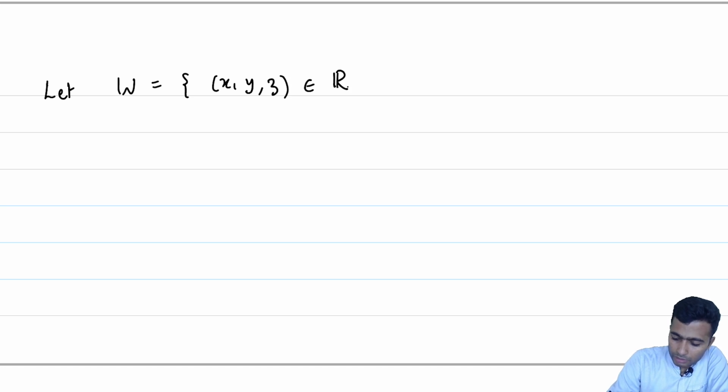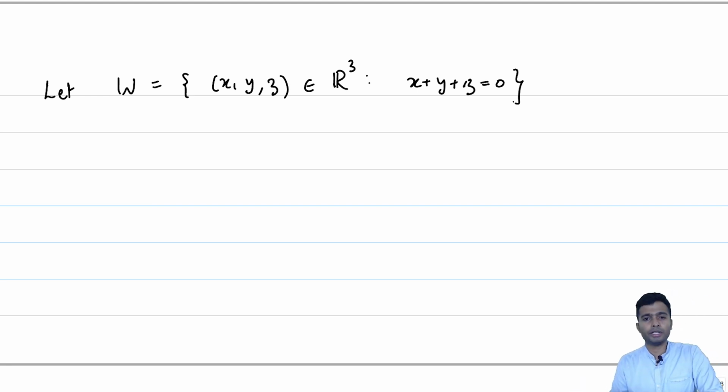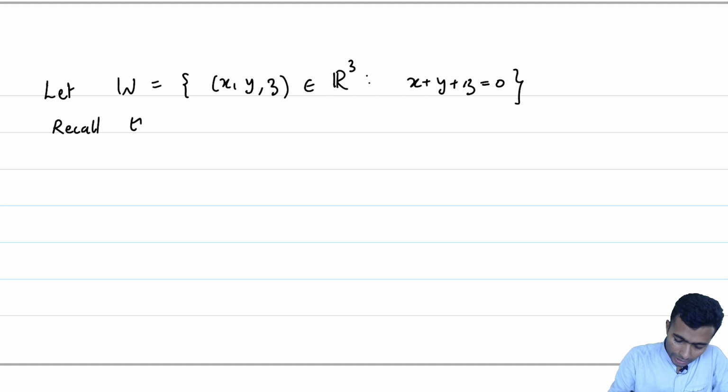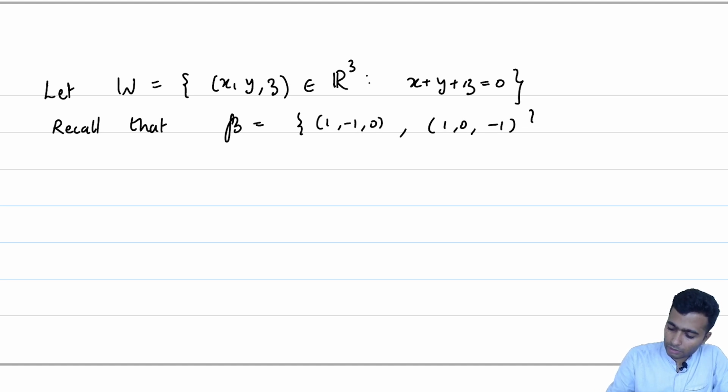So, for example, recall that we were looking at this example: let W be the set of all (x, y, z) in R3 such that x plus y plus z is equal to 0. So, this is a subspace of R3, and by one of the theorems we have proved already, a subspace is a vector space. And we did find out a basis for this vector space. So, recall that beta equal to (1, -1, 0) and (1, 0, -1) is a basis